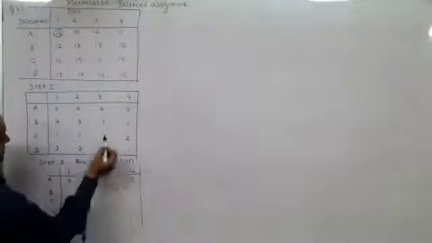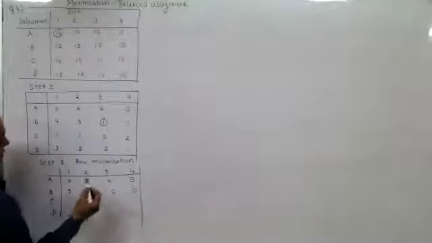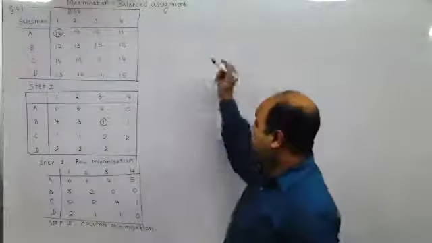Here, first row minimum is 0, so 0, 6, 4, 5. Second row minimum is 1, so 4 minus 1 is 3, 3 minus 1 is 2, 0 and 0. Then third row 1 is the minimum, 0, 0, 5 minus 1 is 4, 2 minus 1 is 1. Fourth row 1 is the minimum, 3 minus 1 is 2, 2 minus 1, 1, 1, 0. In all the columns we have 0, so column minimization won't alter the matrix. Matrix remains unaltered here.